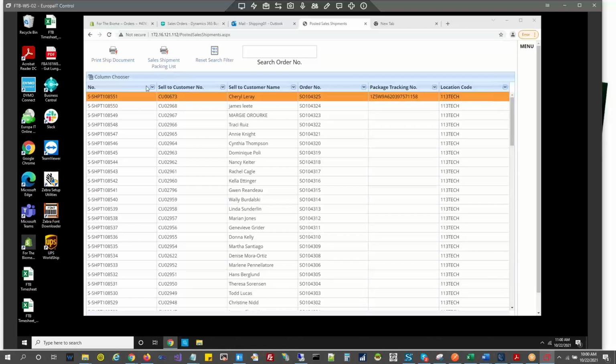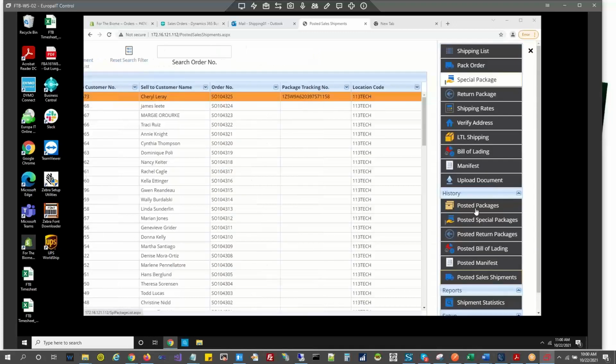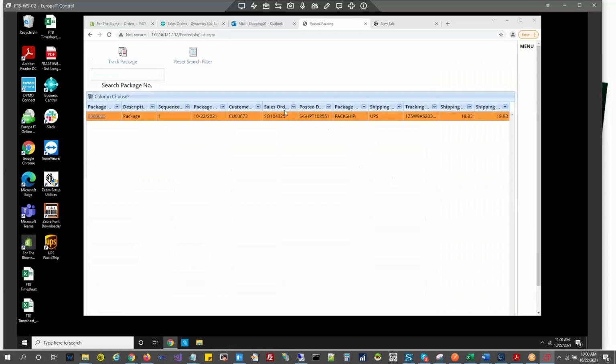Yep, we got it. If you want to reprint that, you can select that particular order number here and use the option print ship document. And the label you can also reprint from the posted packages.